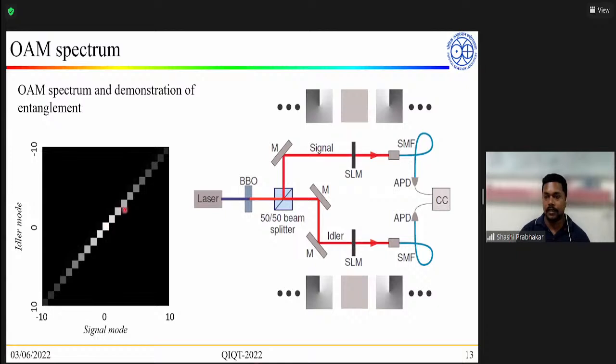So with this one, we actually say that our momentums are conserved. So with all these formulations of entangled states, now I come to the